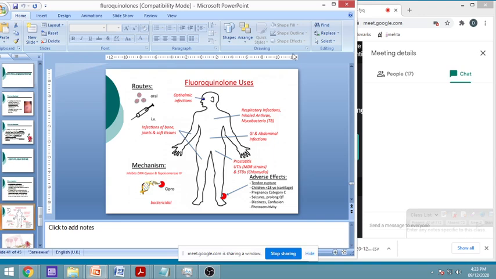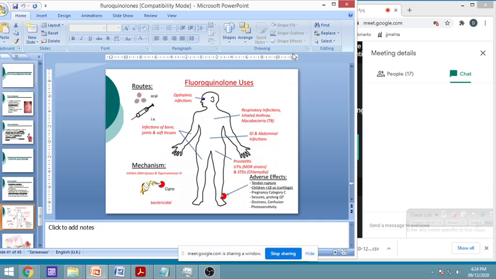Definitely, whenever there are surgical situations, fluoroquinolones are popularly used. They are used in infections of bones, joints and soft tissues. These are given for infection, or even as a preventive in case of surgeries. These are very prominent uses. They are used in prostatitis, and in urinary tract infections, particularly multi-drug resistant strains which are not responding to many antibacterial drugs. In those cases also they are used. They are useful in sexually transmitted diseases like chlamydia and gonorrhea.